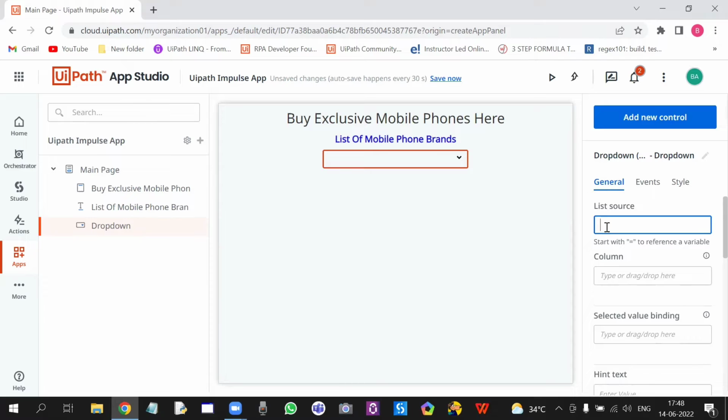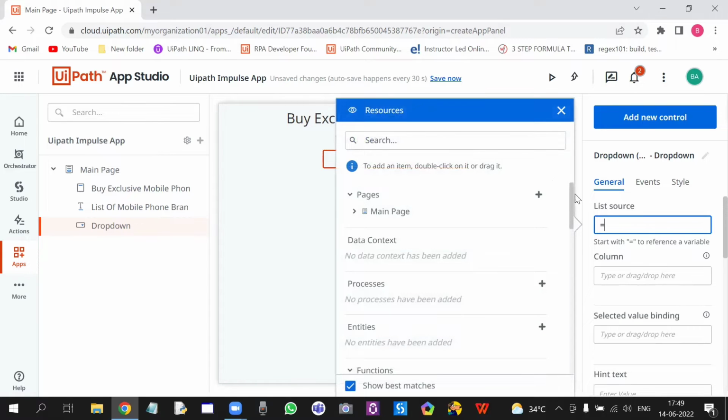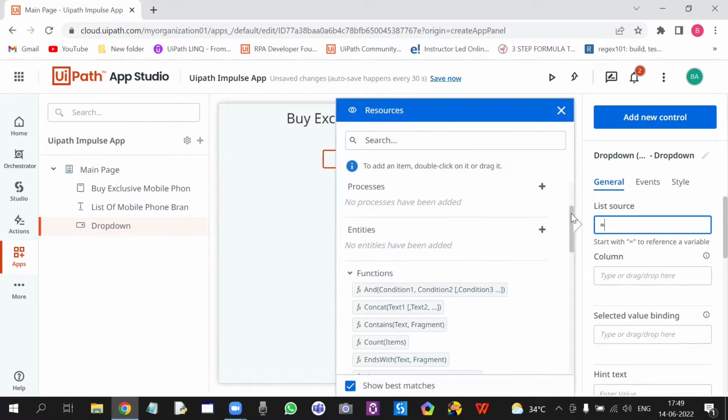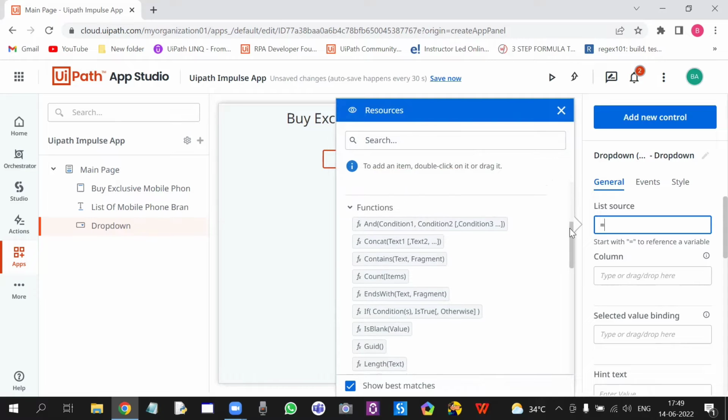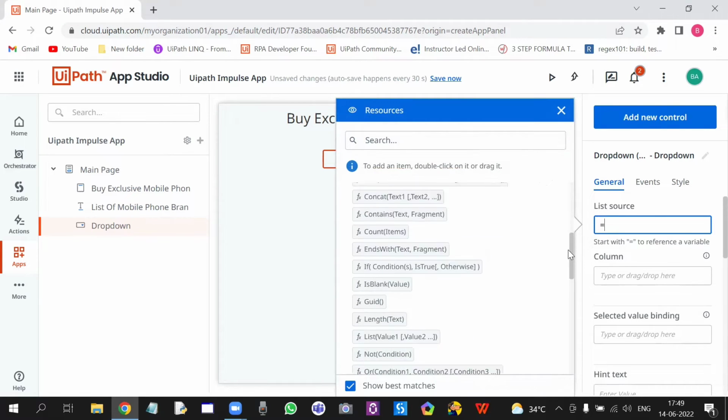So let's explore how to use this list source. As we know, we will be displaying a list of values in the drop-down box, right? So we are going to use our pre-built list functions. So in UiPath Apps, we have pre-built functions. We are just going to drag and drop